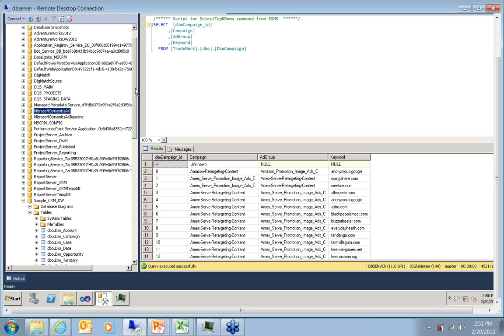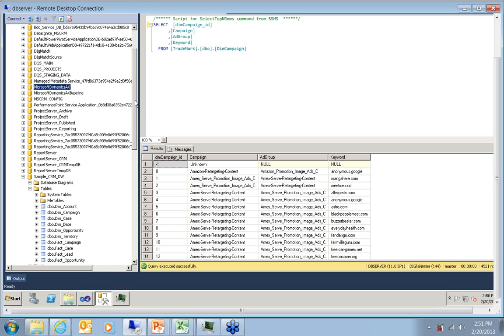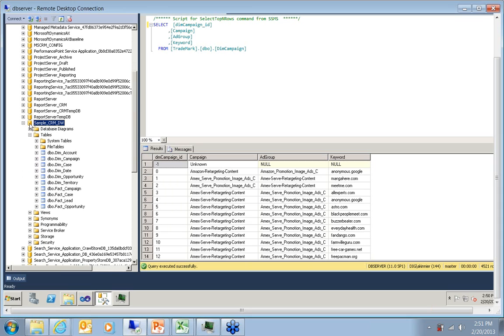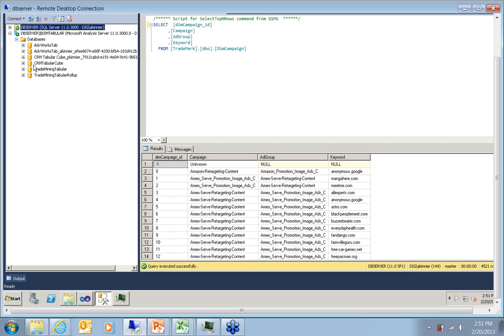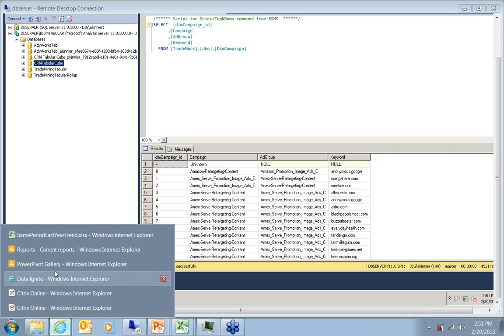And from those different application databases, you can bring your data into an enterprise data warehouse. And in our particular case, we did build a data warehouse off the CRM tool here and built out our dimensions and fact tables. And from there, we built out a CRM tabular cube. And we're currently working on a site to deliver